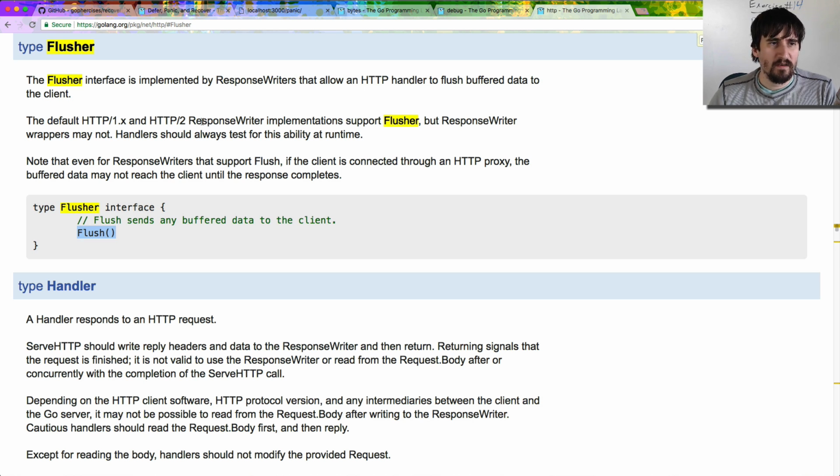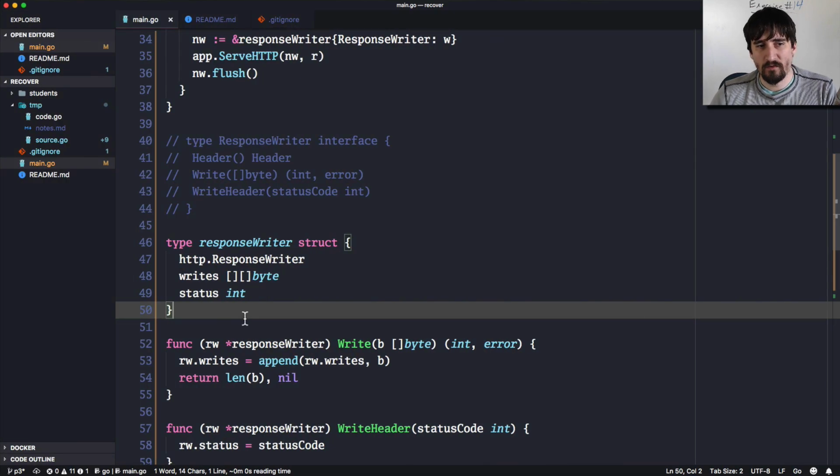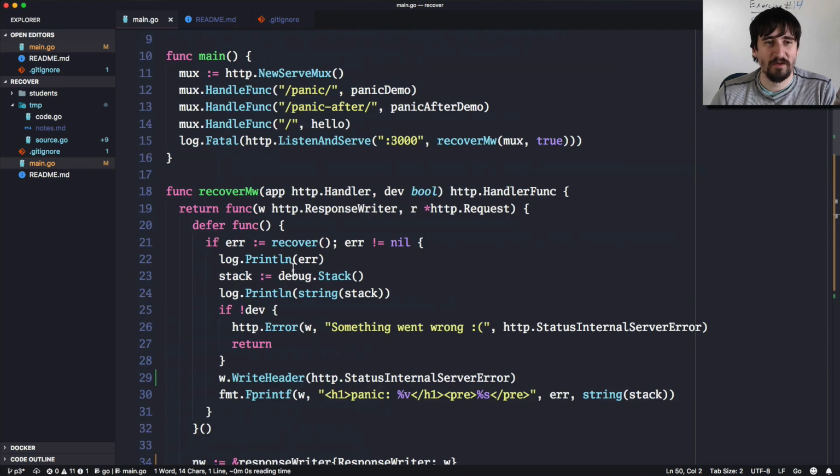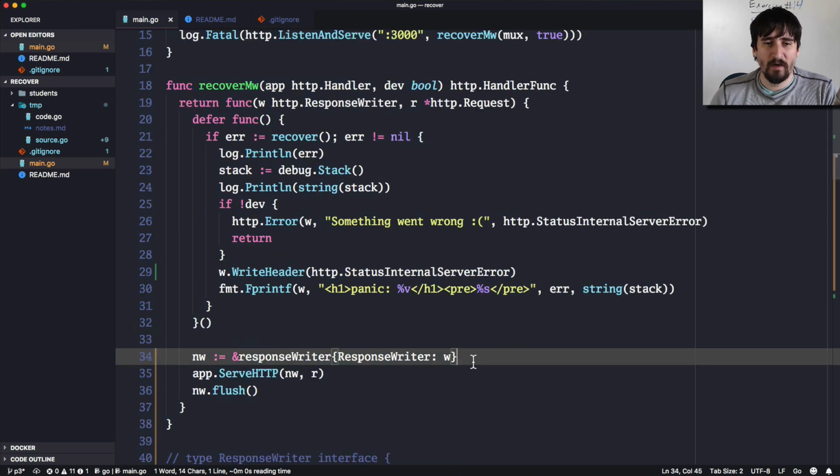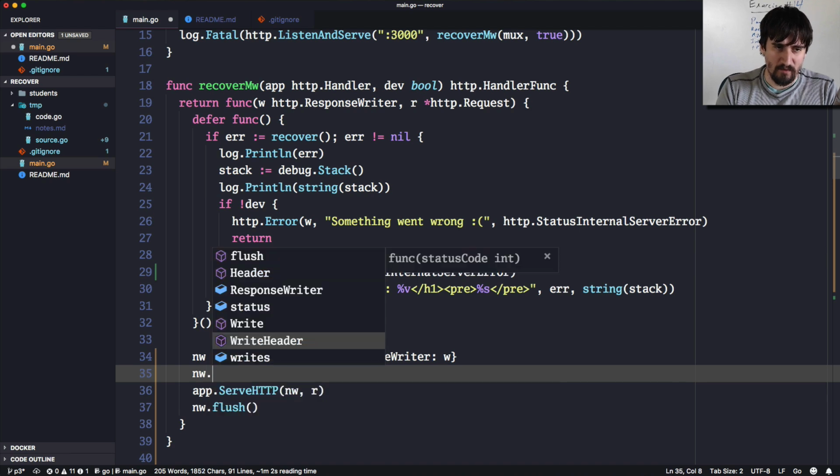And you'll see here that it talks about how the Flusher interface is implemented by response writers that allow an HTTP handler to flush buffered data to the client. So you'll see here that the default HTTP 1 and 2 response writer implementations support Flusher, but your wrappers may not. The reason that's there, what I should say, is that in your code you might have something like nw,